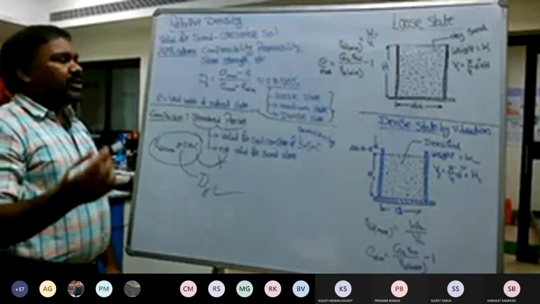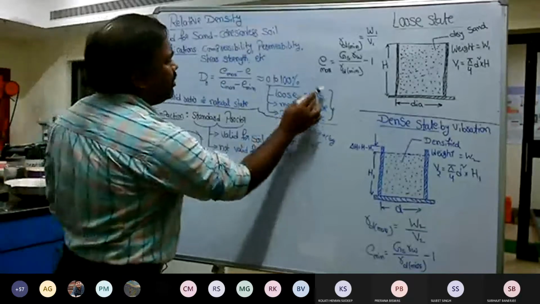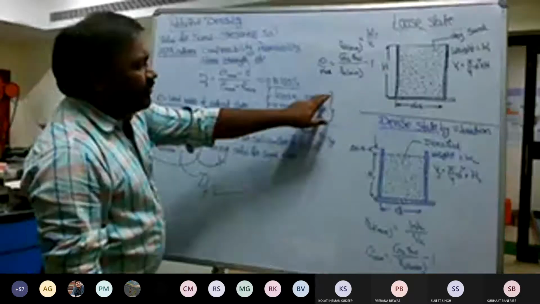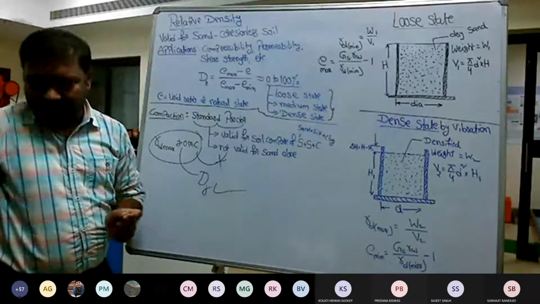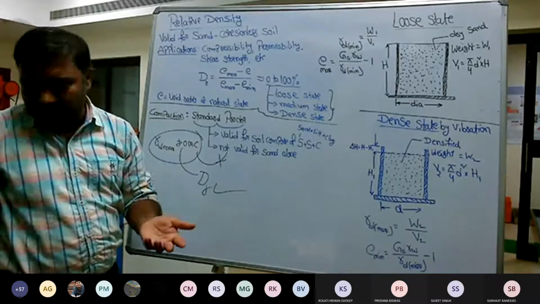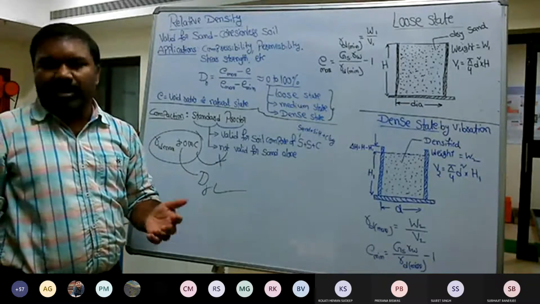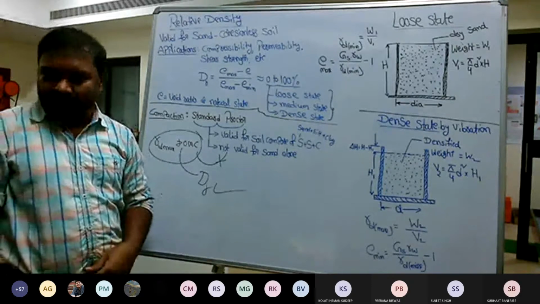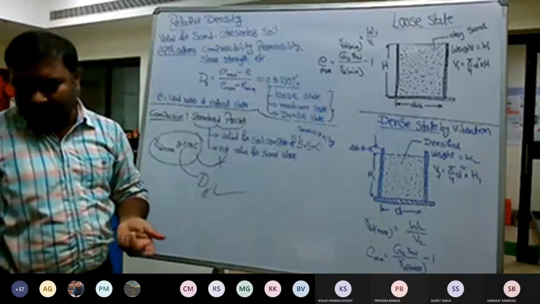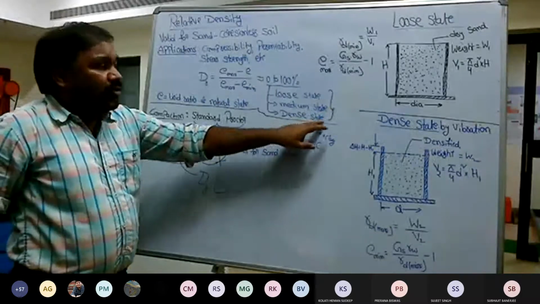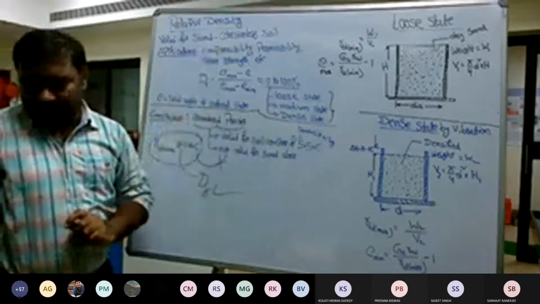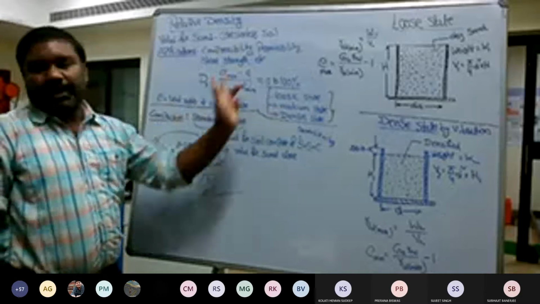Now, what is the obvious implication of the state on the engineering properties of a material? Suppose the sand is in a loose state. It implies that when that sand is subjected to external perturbations, for example an earthquake or mechanical loading, it can undergo a lot of compression or settlement. But if you densify the loose state of the material, then you can reduce the compressibility. So that is the practical application.